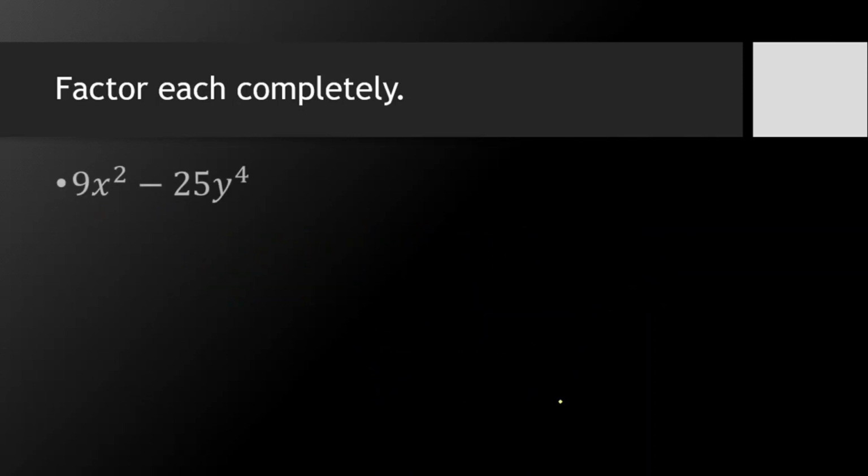Now, let's have another example. We have 9x squared minus 25y raised to 4. Once again, let's prepare the two parentheses. Now, get the square root of the first term as the first step. So we have now a numerical coefficient together with its literal coefficient or the variable. How to do that? Simply get the square root of the perfect square number, which is 3 for 9. And then for x squared, we have x and x.